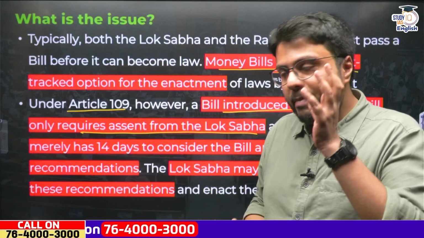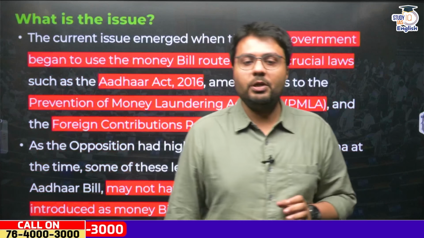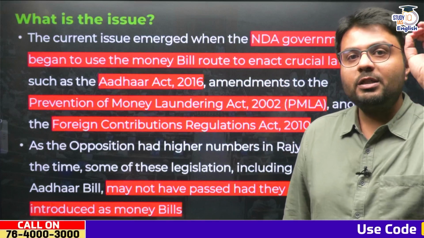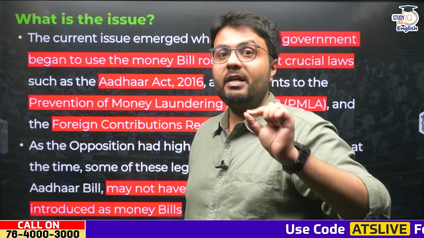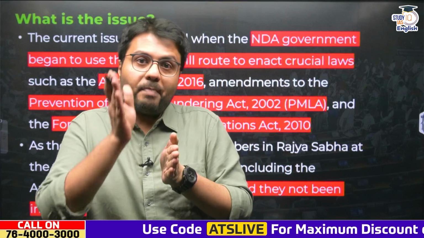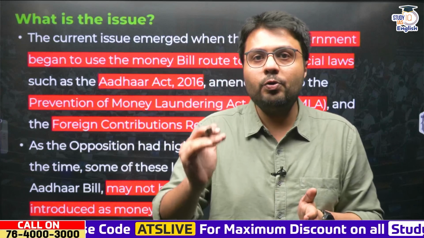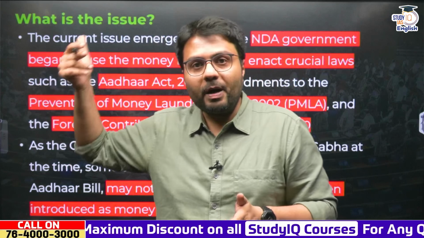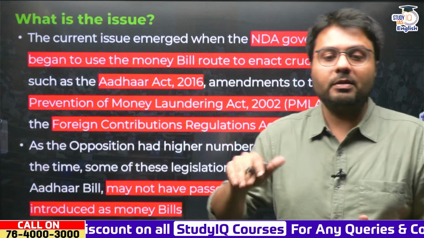Right now, many members of the opposition have alleged that the government usually takes this route, especially under circumstances when it does not have enough majority in Rajya Sabha. So the government, by designating a bill as a money bill, looks to limit the powers of Rajya Sabha, and it tries to bypass the power of Rajya Sabha in order to pass a money bill.